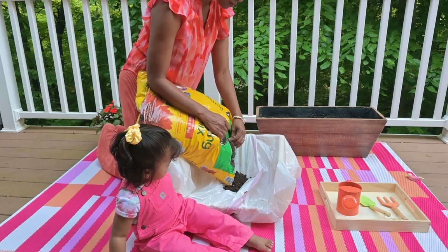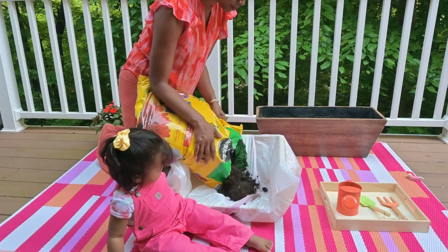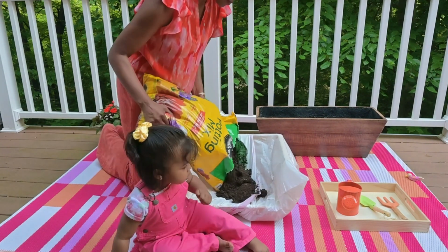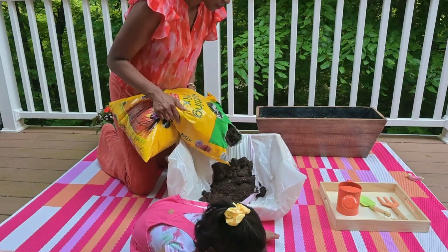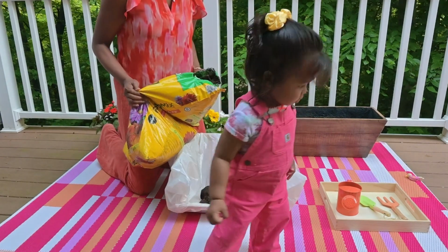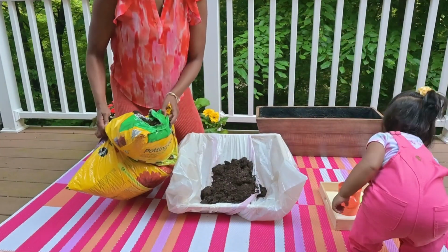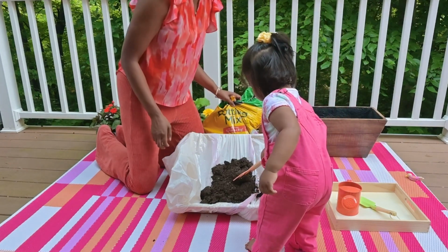There are a few ways that you can create a garden. One way is the way that we're doing here, which is by using a planter box. However, if you have the space to make a garden directly into the ground wherever you're living, then I would recommend that. However, we have a balcony on our back porch, so that's why we opted to do a planter